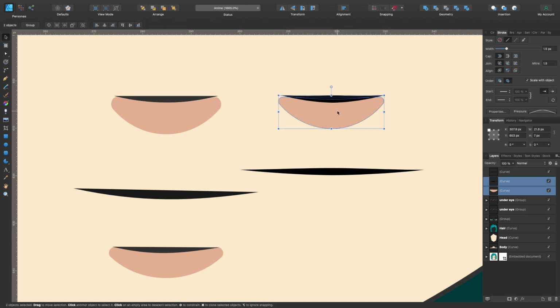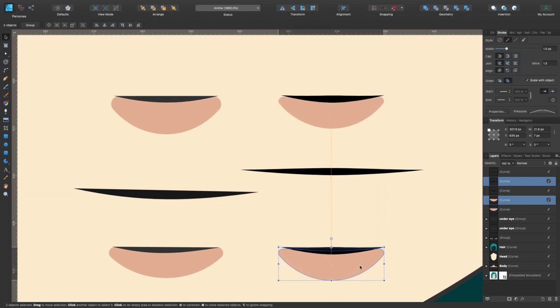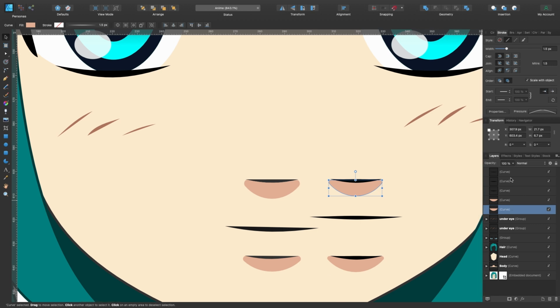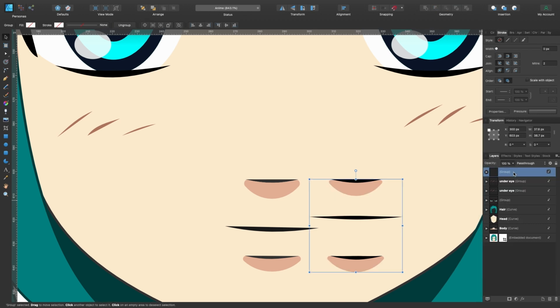So these two up here are the same as that almost. So Command J, drag it down so it looks the same. This is a little bit bigger here. So all I have to do is press Command and drag the side out a little bit bigger, drag it up. So all of the things we've just created, we're going to select all of them, press Command G to put them in a group. We're just going to call it mouth.